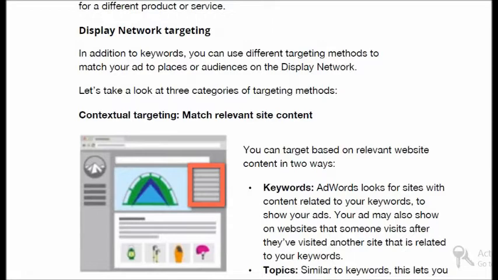In addition to keywords, in the display network we also use keyword targeting. Apart from keyword targeting, we have other ways as well, that is contextual targeting. Contextual targeting is basically matching relevant site content.